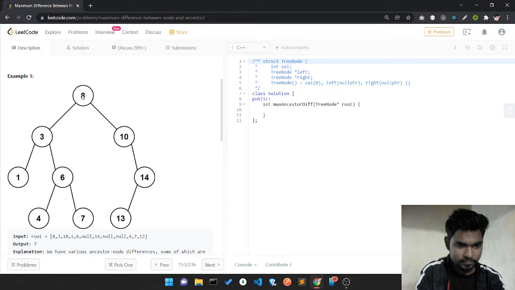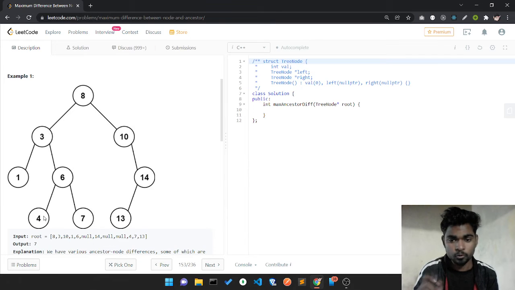This 3 is an ancestor of this 8. In this case it is, so then I just manipulate it. Okay, what's my invalid case? If we want to find the value between 4 and 7, 4 is not an ancestor of 7, or 7 is not an ancestor of 4, so it means it's an invalid case.